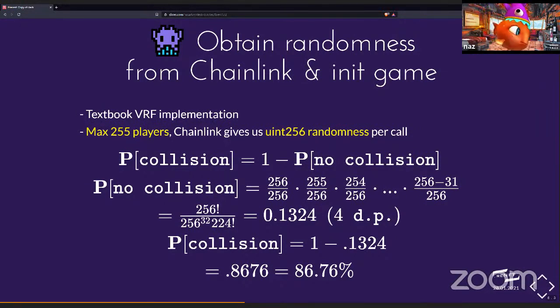So the max number of players is 255, and our approach is to take the uint256 randomness from Chainlink and slice it into 8 chunks of uint32, and so that will give us plenty of randomness. Sorry, it is in fact 32 chunks of uint8, correction. So with that,